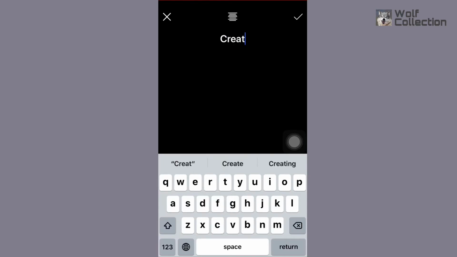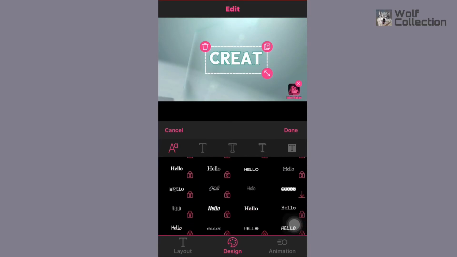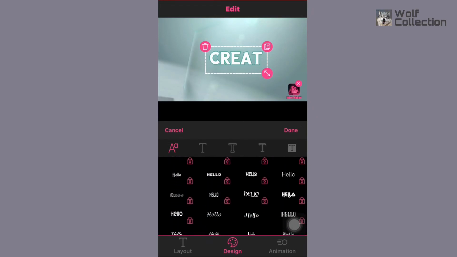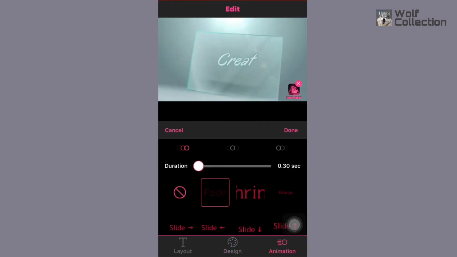I'm gonna write this, and then you can change the font style here. So scroll down, you can get a free font style here. I'm going to use this one, and then going to animations,